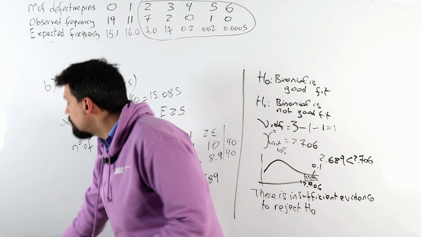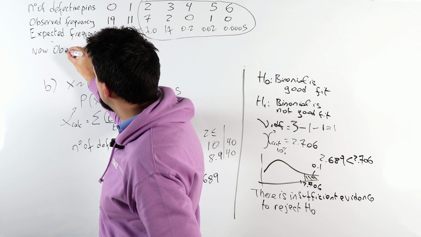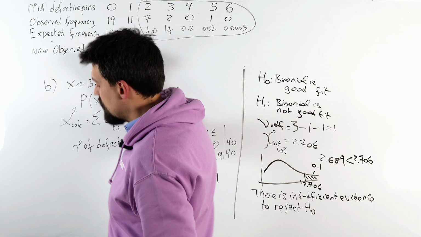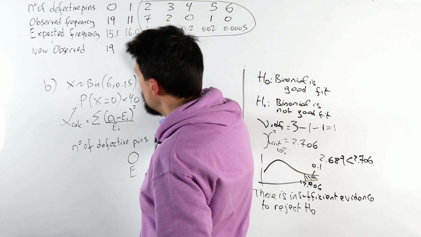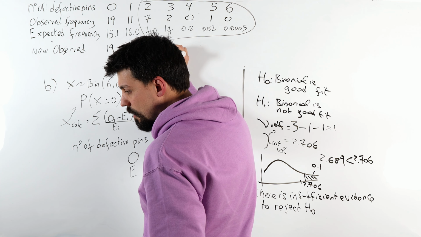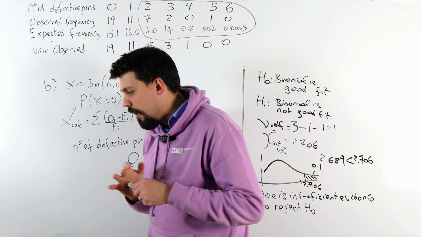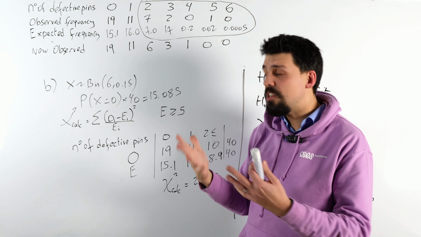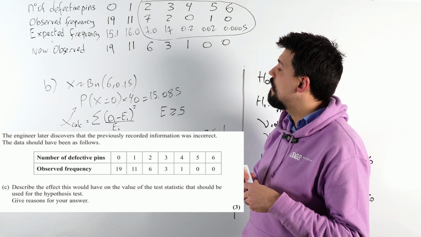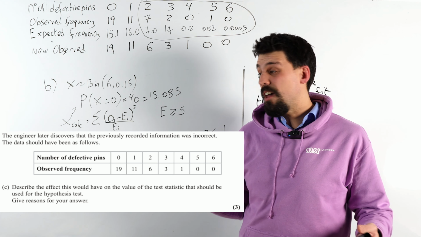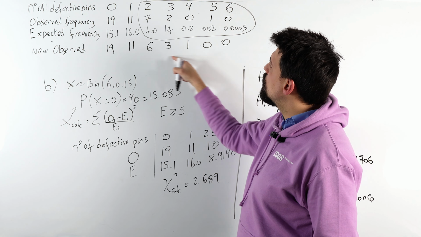In fact, our new observed, or our actual observed frequencies were 19, 11, 6, 3, 1, 0, 0. So we mismeasured somewhere in there. And the question is, what will that do to our hypothesis test? What will it do to our chi-squared statistic? Well, actually nothing at all. Our answer is going to be, it will make no difference whatsoever, because the numbers that get moved around,